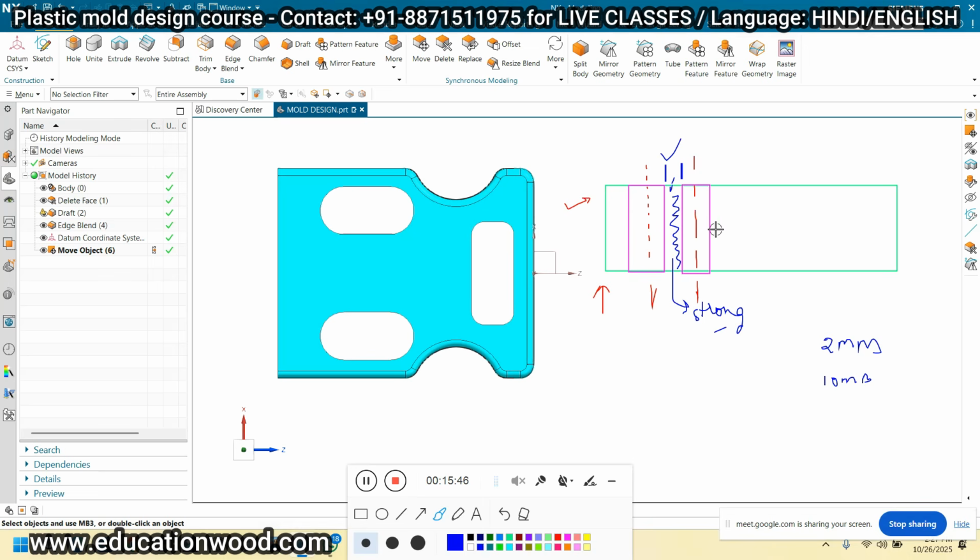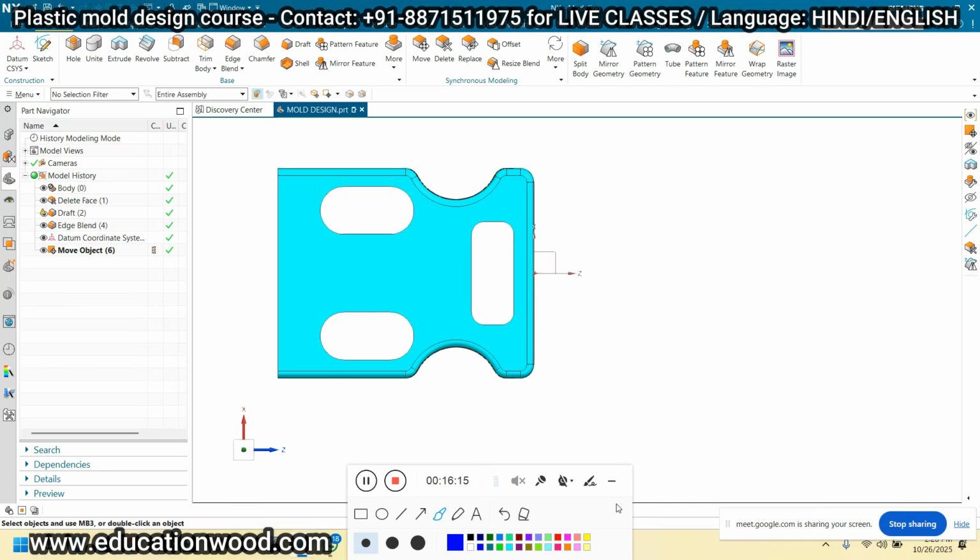For feasibility, I can take 15 to 20 mm generally. This distance can be changed depending upon the dimension. For example, if the dimension is 100 mm, I have to take minimum 40 to 50 mm between two faces. So depending upon the dimension we have to change this. This is the basic idea of manufacturing feasibility, right?